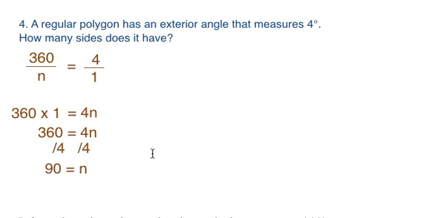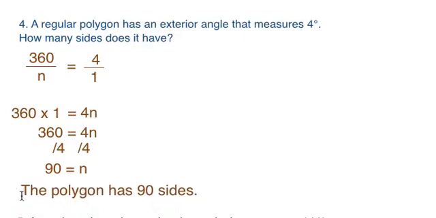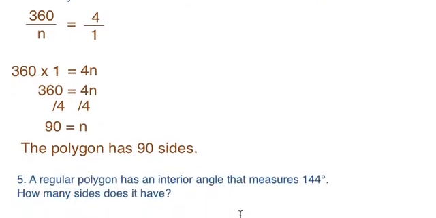The answer to my question here would actually be, if I gave a full, proper answer, the polygon has 90 sides. Now, some of you might be trying to remember what you call a 90-sided figure. There's one video I had you watch where it said that it's a nonacontagon, but you do not need to remember that. The question is just asking how many sides does it have. The answer is 90 sides. All right, so we had to